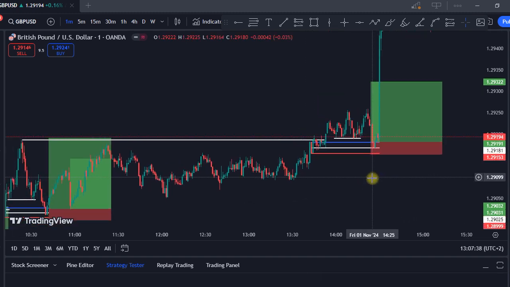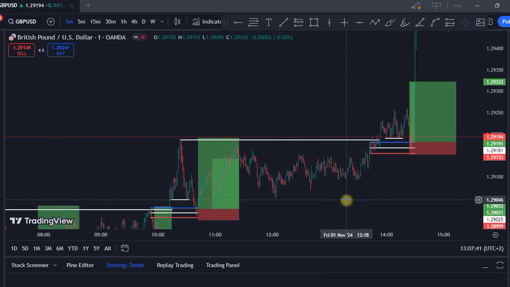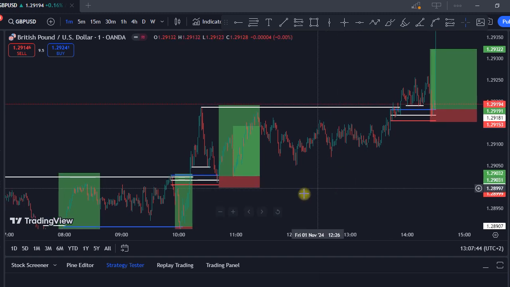So this is how you trade, guys. So this is how you can use this 1 minute strategy to take trades on the 1 minute time frame,